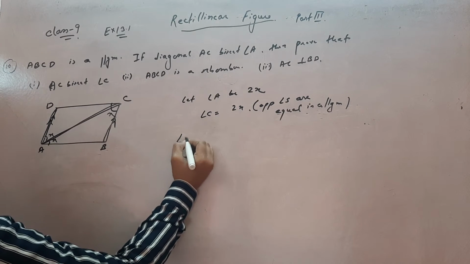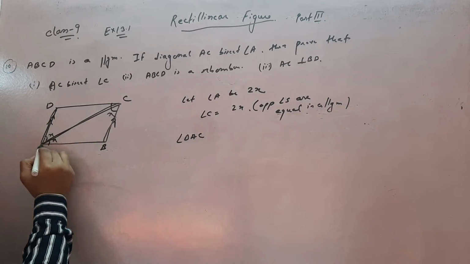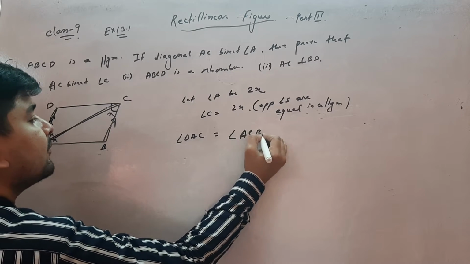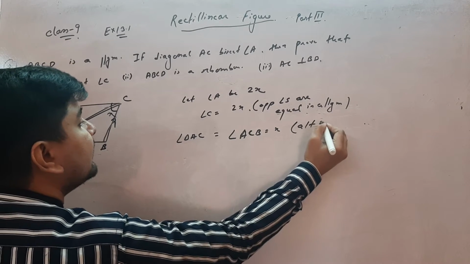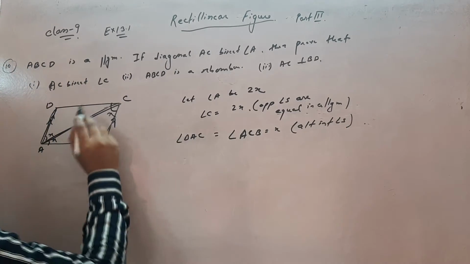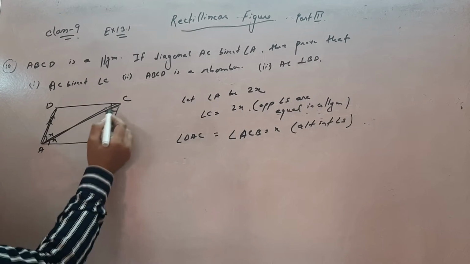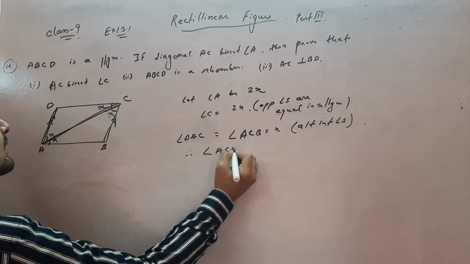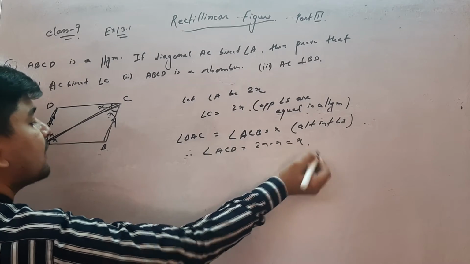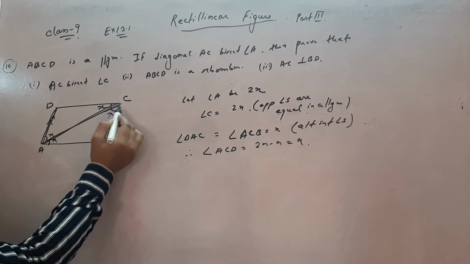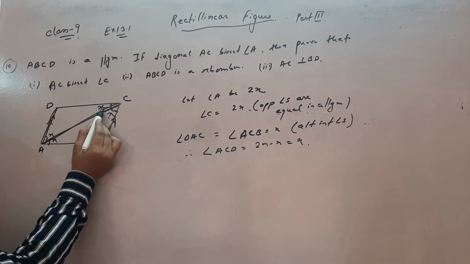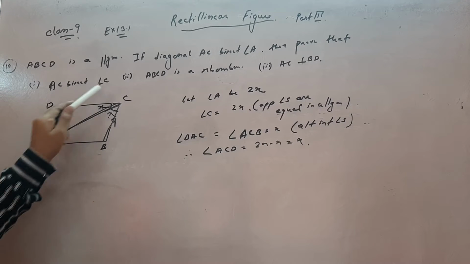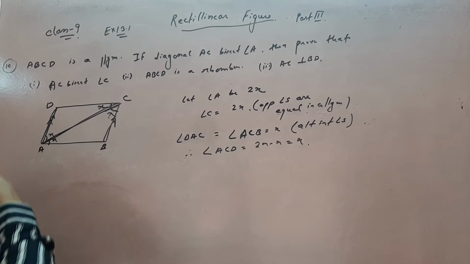That means angle DAC is x, so therefore angle ACB is also x. Alternate interior angles are equal. So when this whole angle is 2x and this one is x, that means this one is also x. So therefore angle ACD equals 2x minus x equals x, because we took this angle as 2x, so this one is x, and what is left is 2x minus x, which is x. Same here, AC bisects angle C. First one, our proof is done.